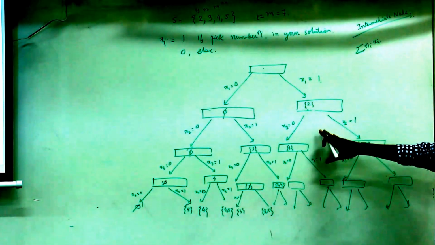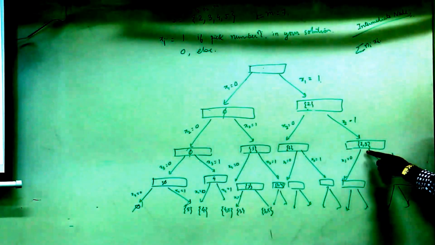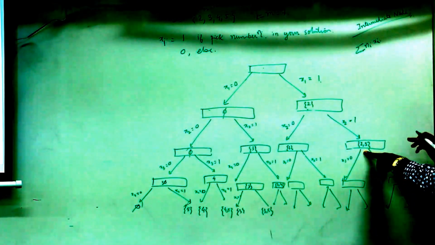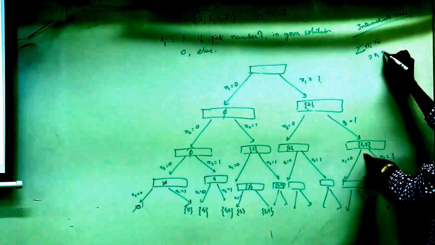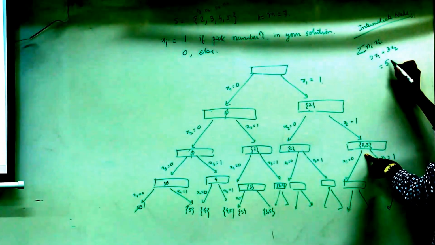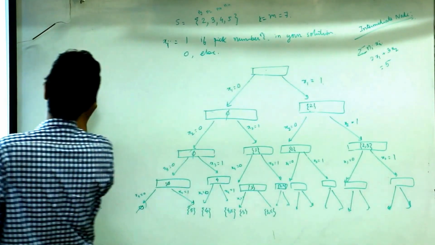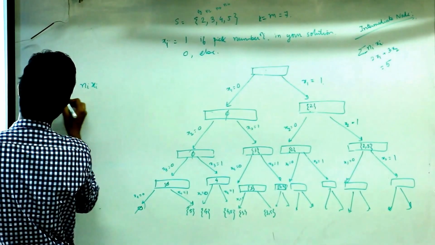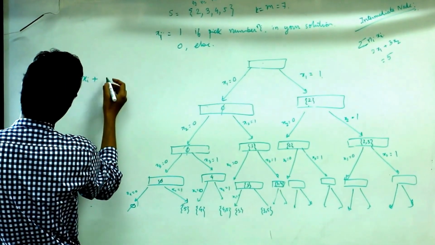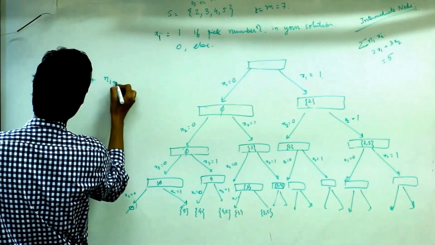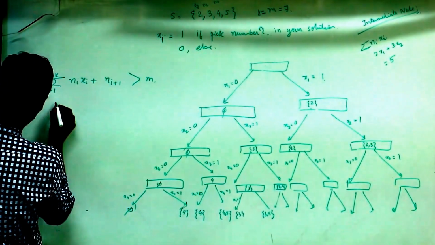For example, here for this node, it's the sum of ni times xi, which is 2 into x1 plus 3 into x2, which is 5, right? So now one possible check is if the summation of ni times xi, i equal to 1 to k, plus maybe n(k+1), is more than m, right,